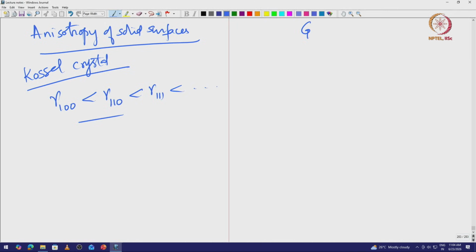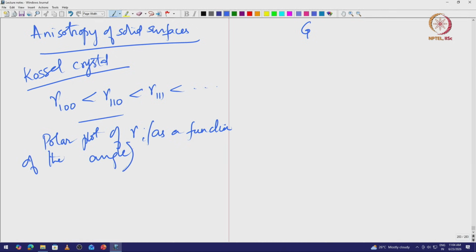Okay. So, now if I plot, right. So, the surface energy, what is called the polar plot of gamma as a function of the angle, it is an angular plot, right. So, polar plot is an angular plot, right. So, I start at the center, I go in the 100 direction, there is some gamma energy associated with it, then I change the angle by 45 degrees, right. So, 45 degrees, that should be the 110 direction, then I change the angle again to 111 direction